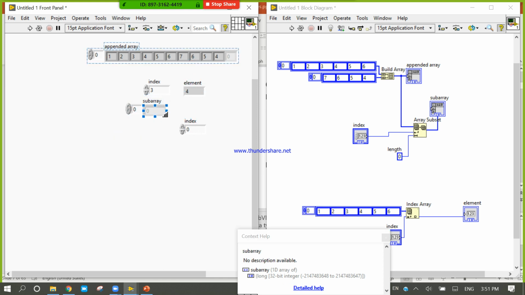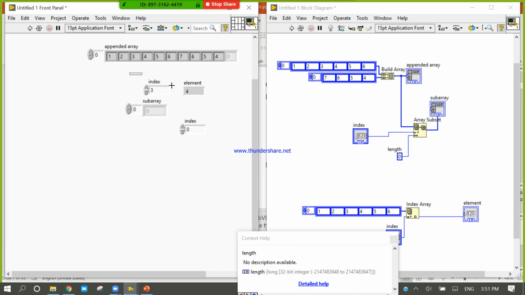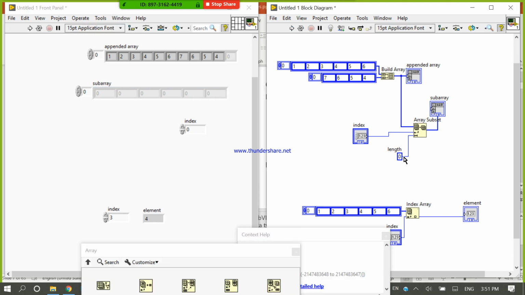We will control this array by using this index and this length, and we will see the data in the sub array. Let's see. Right now my array length is 0 and index is 0, so it's not generating any kind of data for me.